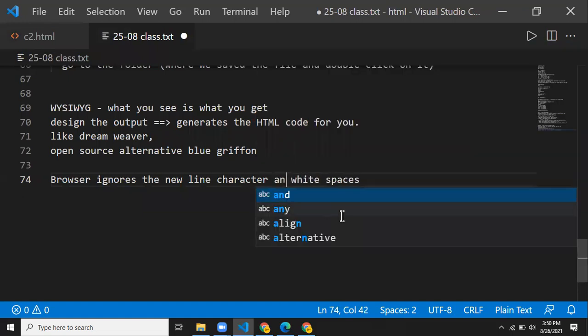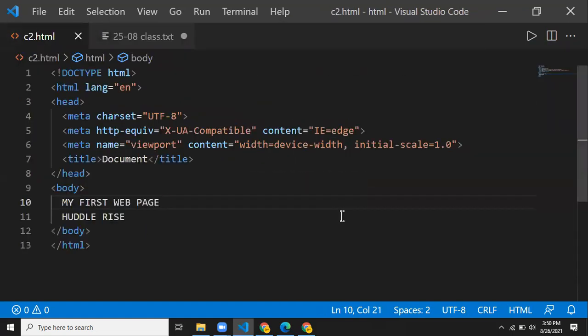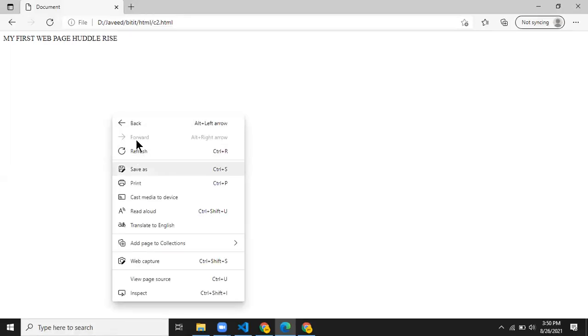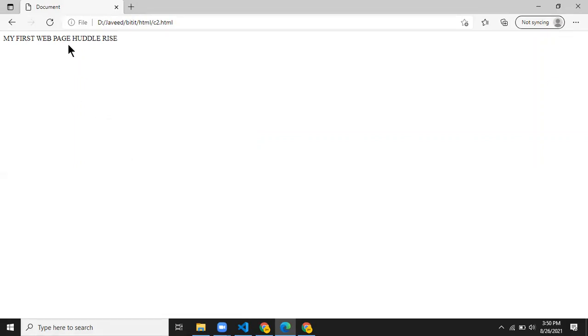So what do you mean by white spaces? Let's see that. Okay, now for example, here I'm having my text, and then one white space is there for me. What I'm doing, I'm trying to add more white spaces over here. I'll save my document and then I'll go back to my browser. I'm trying to reload my page. Now when I reload my page, I right click, I'll say refresh. You see that it's not giving you extra spaces after my text, there is only one space.